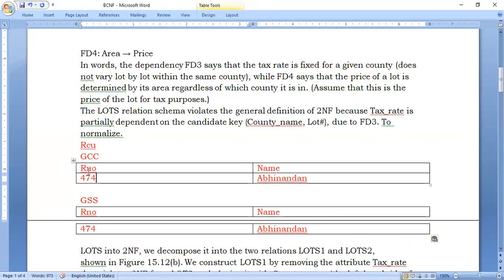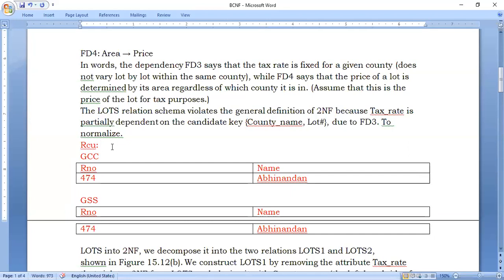Since roll numbers may be duplicate when we consider RCU, suppose when we list out the students in RCU by taking roll numbers, then there'll be a confusion when I call out roll number 474. There'll be a confusion which roll number 474, whether it is from Gupte College or from GSS College. So for that, nowadays to solve this problem, the university has also given a university seat number for you.